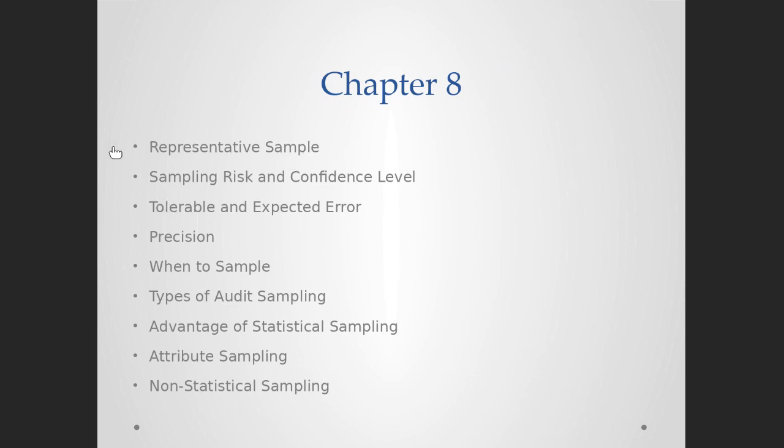Okay. All right. So we have 3 chapters in the exam. The first one was chapter 8, and we started talking about a representative sample, which is a sample that has the same distribution as the population, if you recall. And then we have the sampling risk of taking a sample that is not representative, and we talked about 2 different types of errors, a type 1 error and type 2 error. And then the opposite of this sampling risk is the confidence level. If you have 5% risk, you have 95% confidence level.